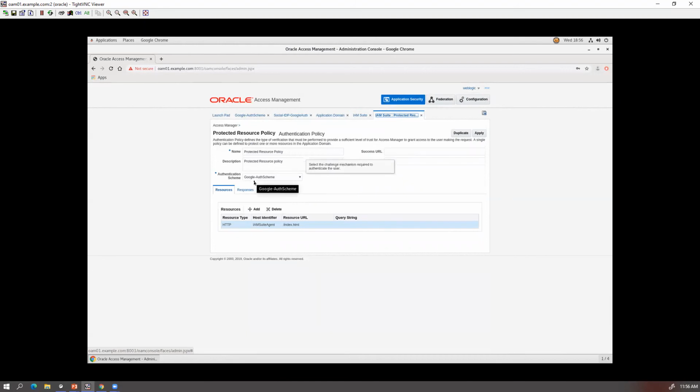This protected resource you configure with the relevant scheme which we created. This scheme is associated with the authentication module, and the authentication module is associated with two plugins, the OpenID Connect plugin and the user identification plugin. Once this protected resource is accessed, it redirects to account.google.com, where you enter your credentials and log in with your Google email. Then it sends you the user attribute info with the email, and control returns back to the OAM server.